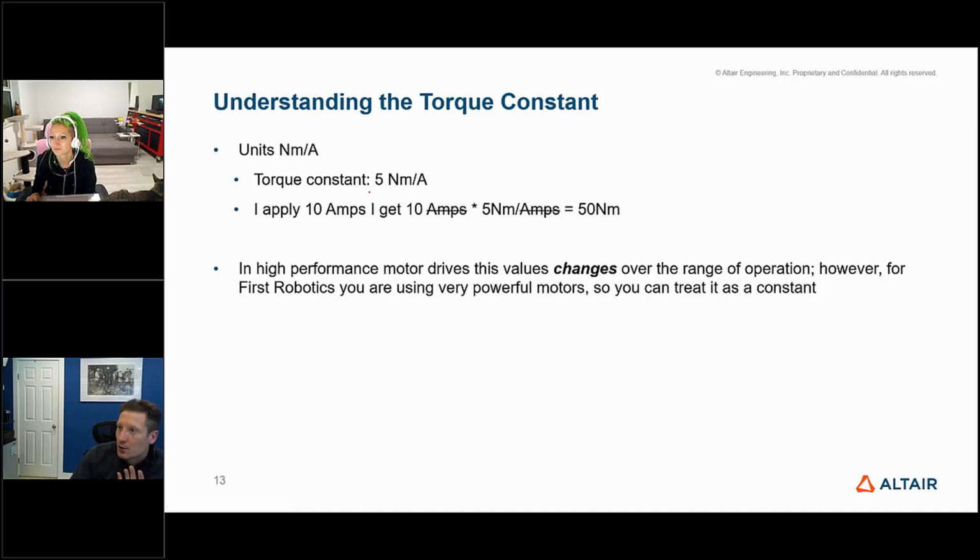So if we have a torque constant of 5 Newton meters per amp, if I apply 10 amps, we go 10 amps times 5 Newton meters, and then we all remember we can cancel the units. So the amps cancel, and then we're left with 50 Newton meters. Okay, I hope that makes sense. 50 Newton meters. So basically, you multiply your torque constant by the current you're applying, and you get a torque